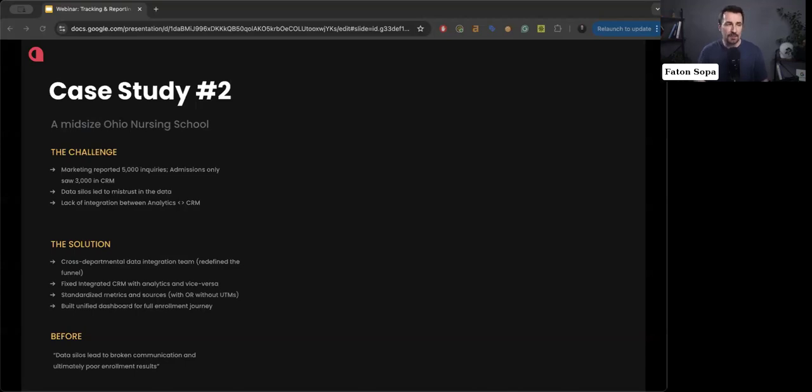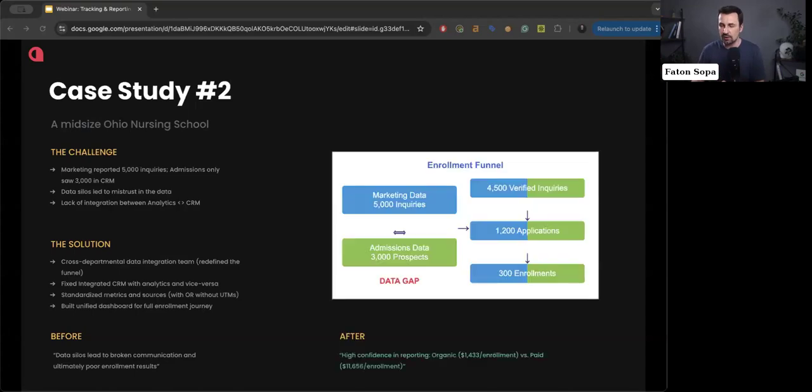We standardized the sources. What we have seen happening a lot with universities and colleges is that when they set up the CRM, they define a set of sources of leads and applications. That list of sources might look good in the beginning. What happens is that along the line, things get broken, and they end up with 50 sources of students. So we standardized that list of sources, and we built a unified dashboard that helped us understand the enrollment funnel for this university.